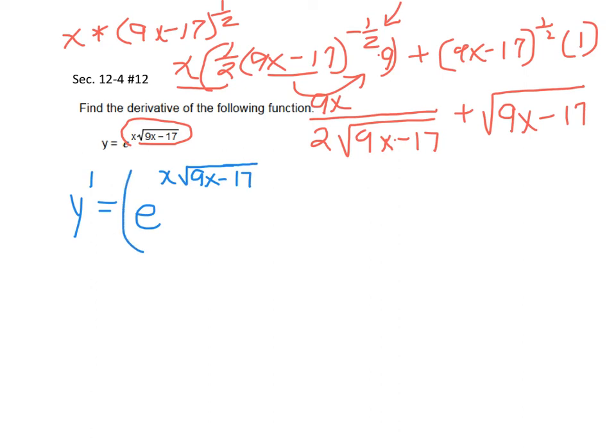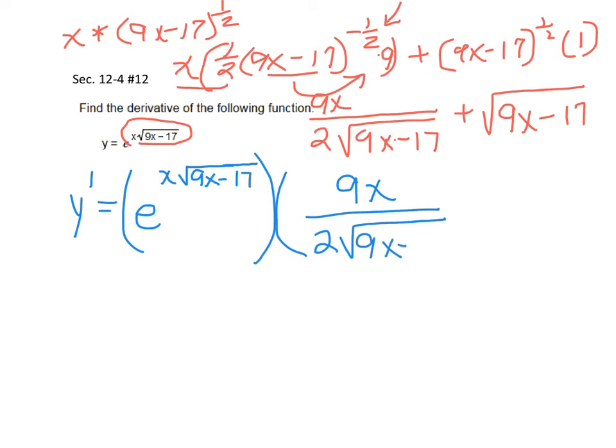And we're going to multiply that, according to the chain rule, by the derivative of the power, which was 9 times x over 2 times the square root of 9x minus 17 plus the square root of 9x minus